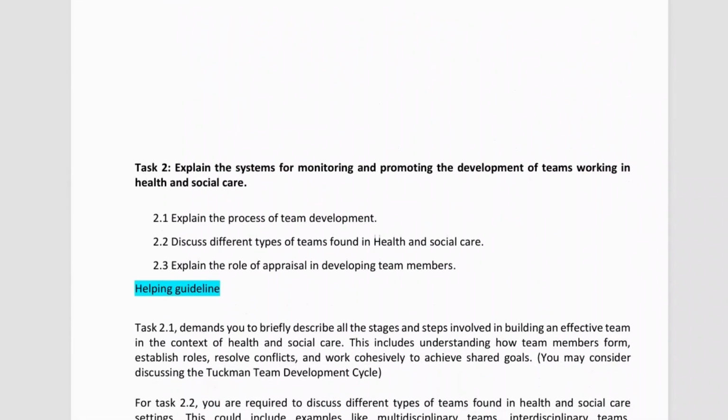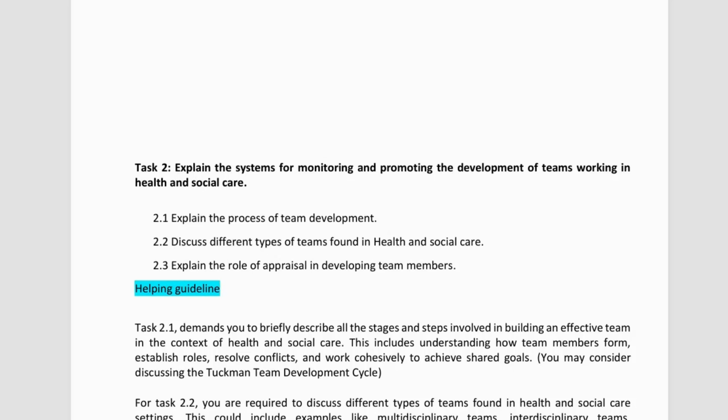Now, moving to the learning outcome two, which is about explaining the systems involved in building and supporting the effective team. For the assessment criteria 2.1, you simply need to explain the whole process of team development, in which make sure that you discuss the common stages or phases involved in the team development process.